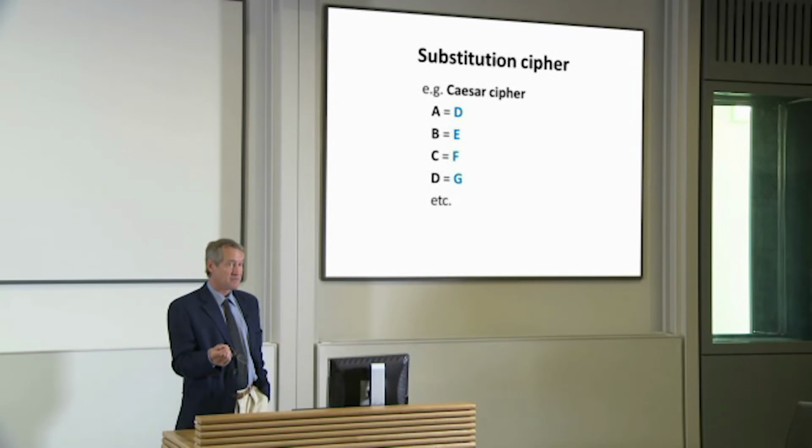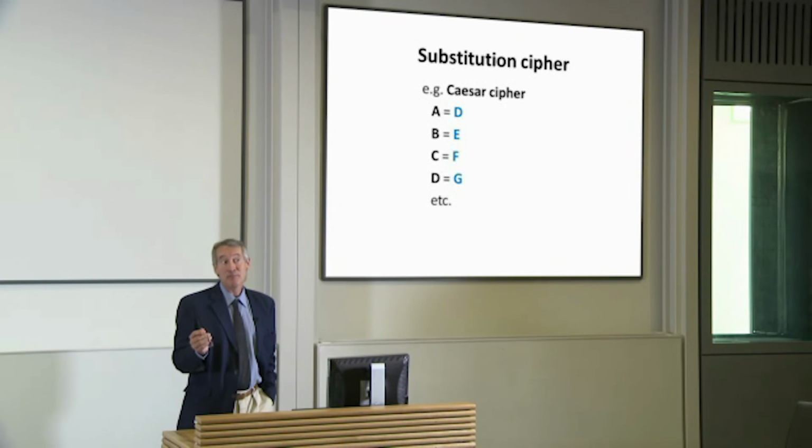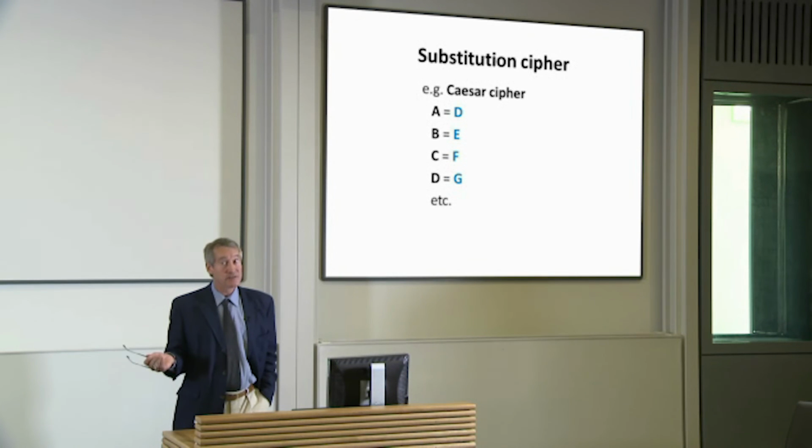So if you guess, for example, that the characters E, F, B, S in a letter represent D, E, A, R, the word dear, then using those letters as a starting point, you can work out what the key is. So for the very simple example that I gave you before this lecture, the answer is